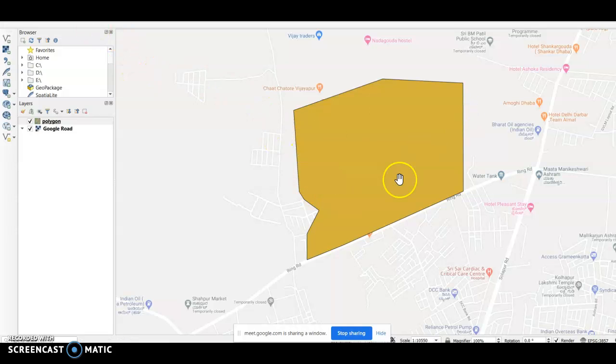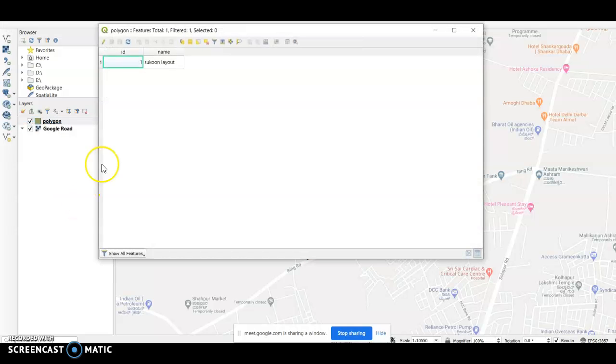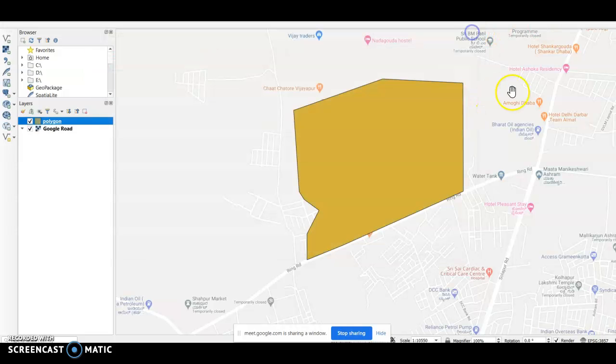You can save here also. Whenever you draw this, you need to save. If you don't save it, when you stop editing it will ask you to save it. Click here on polygon and then open attribute table. In the attribute table you can see that Sukoon layout is generated. This is how you draw a polygon.